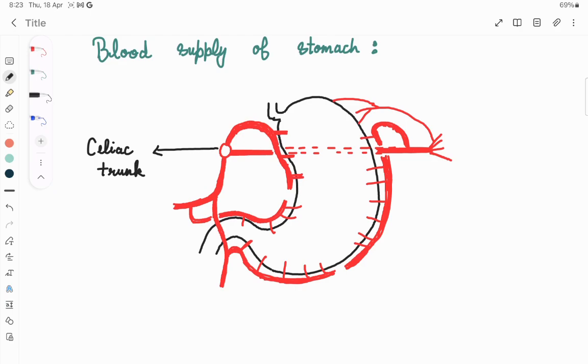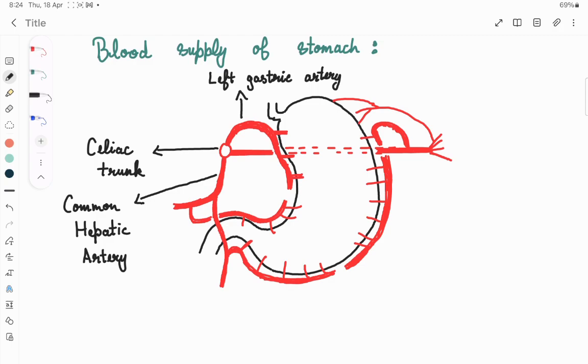And from the celiac trunk we have three branches: the left gastric artery, supplying directly into the stomach; then the common hepatic artery; and the third branch is the splenic artery,